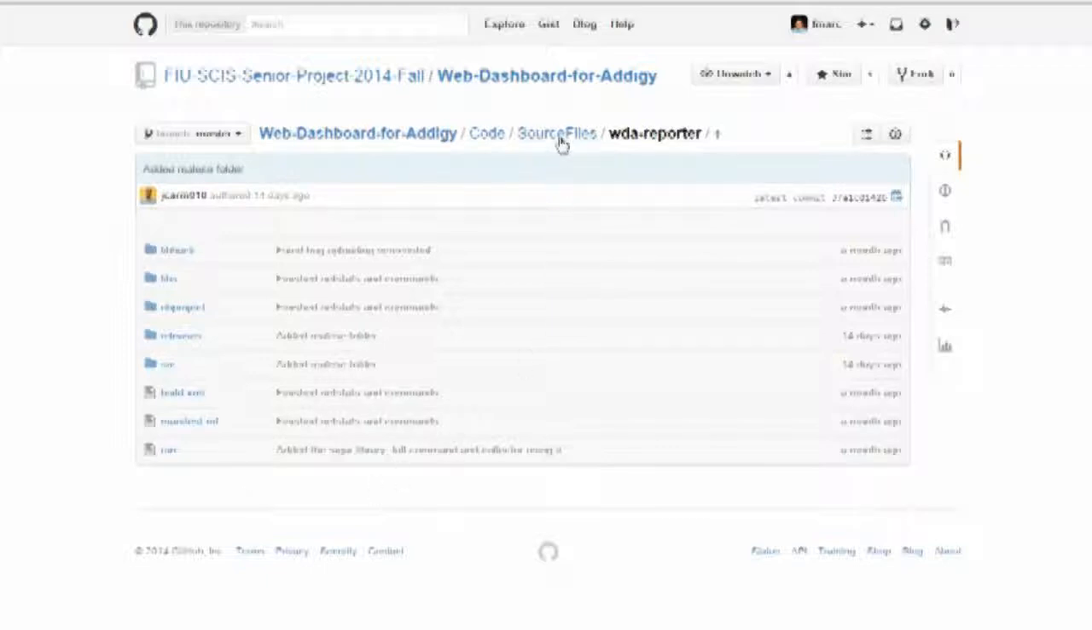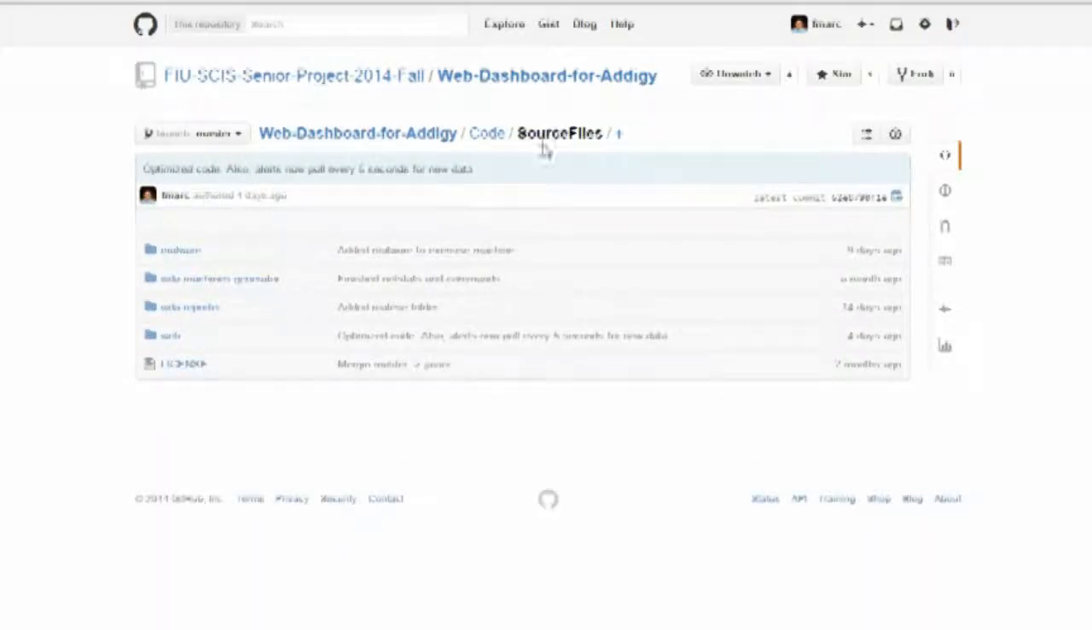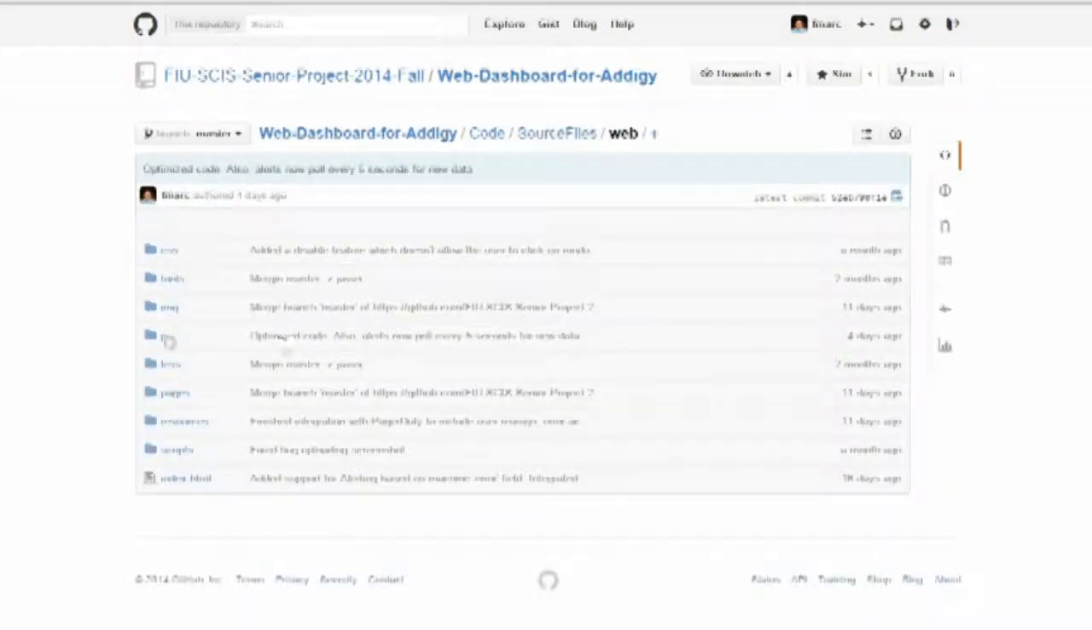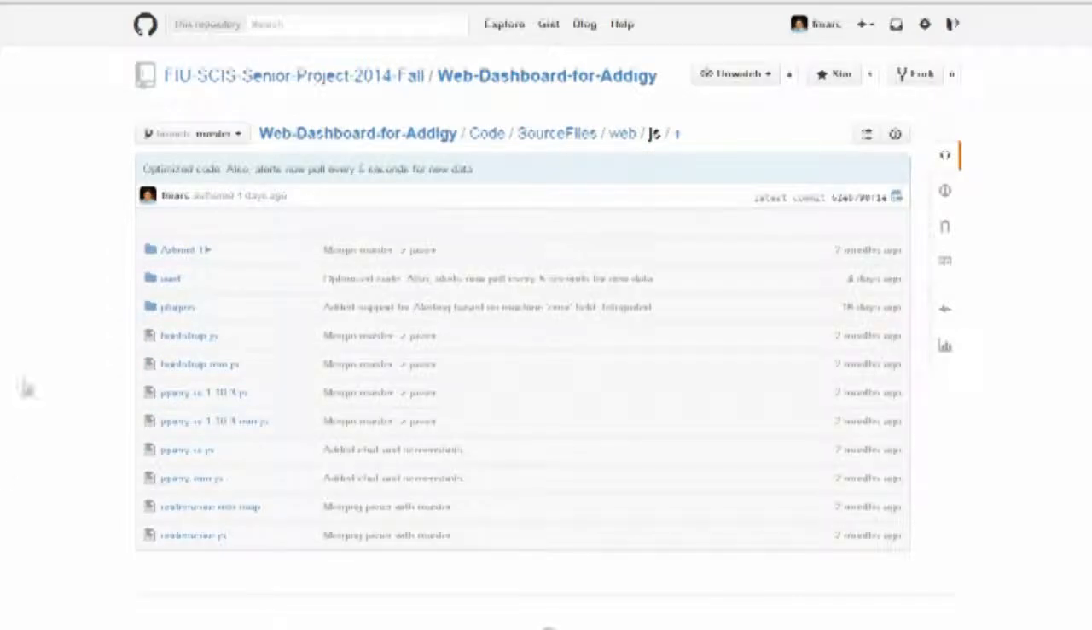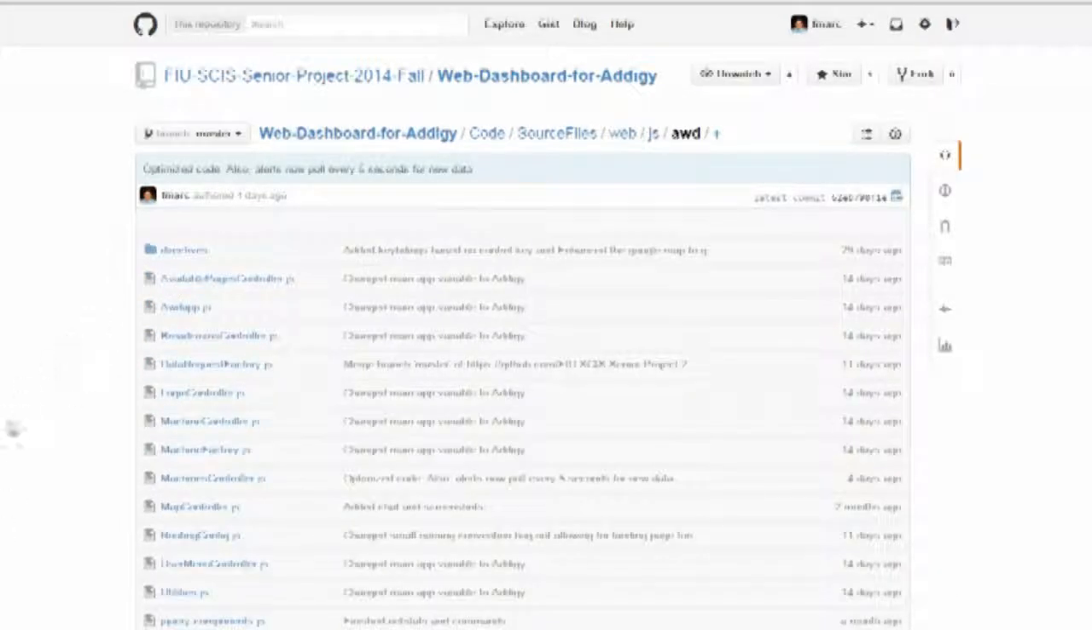Modifying files is also very easy. The web folder we found previously contains all of the JavaScript code, which can be modified to change the client-side AngularJS implementation. This can be done by going into the JS folder inside of the web folder. Once inside, navigating to the AWD folder will reveal all of the JavaScript code which drives all of the functionality